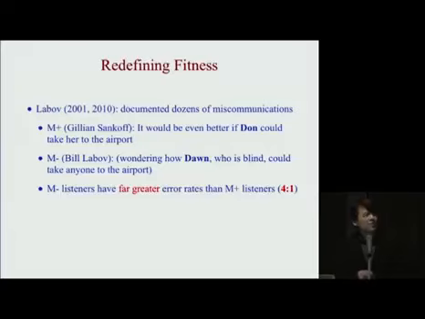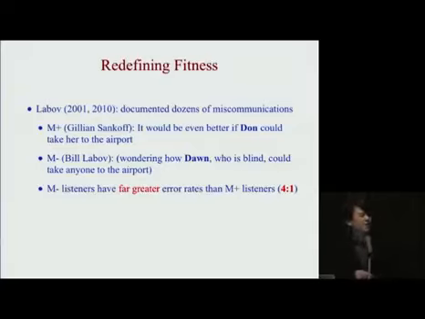But when this thing was said, about 20 years ago, we had a female graduate student in the department by the name of D-A-W-N, who was actually blind. So Bill Labov clearly understood D-O-N to be D-A-W-N, and was wondering why a blind person could take anyone to the airport. Okay, so this is actually a genuine case of